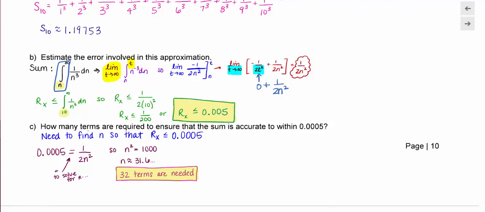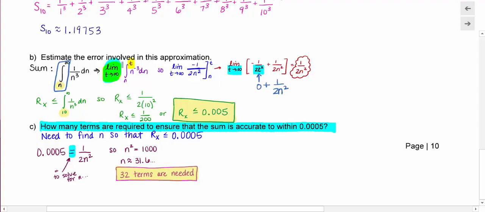So now we can answer the question: how many terms would be required to ensure that the sum is accurate to within, that's 1, 2, 3 zeros with a 5, so tenths, hundredths, thousandths, 5 ten-thousandths. So I need to find n so that that remainder is less than that amount. I'm just going to set it equal to that first just so I can solve that equation. So 1 over 2n squared, which is my sum from any n to infinity. That's what it's looking like. Again, it's an improper integral, so I'm approximating here. So I can solve for n. So n squared is about 1,000, so n is about 31.6. So I would need 32 terms in order to reach that desired level of accuracy,